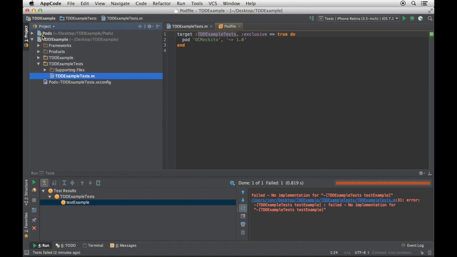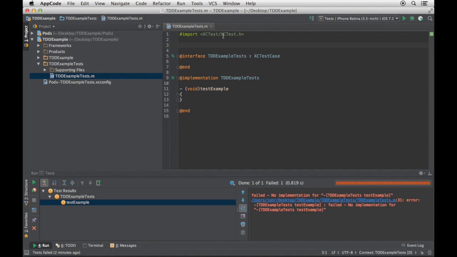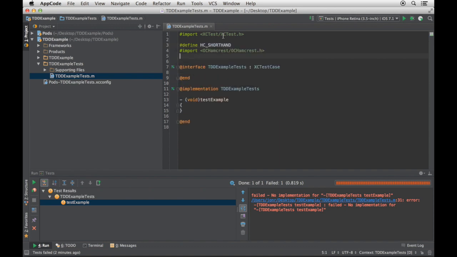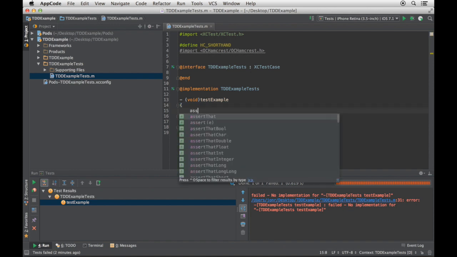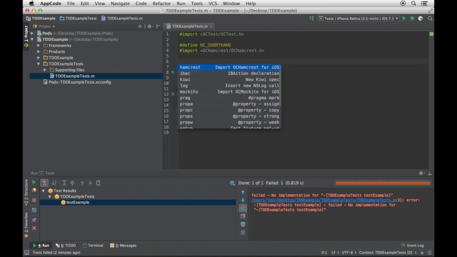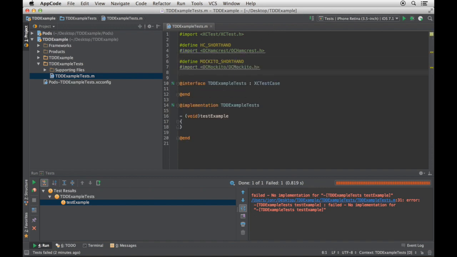And it's lovely. So, just to prove to you, in Xcode, these would be called code snippets. In AppCode, they're live templates. I've made a few of my own, for example, for popping in the headers and the define for OC Hamcrest. And if you see there it is. I can start doing Hamcrest. That's great. In fact, I also want Mockito. All right. With that, let's get started.